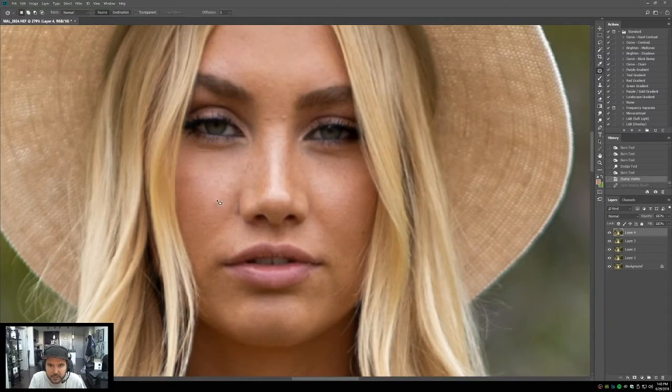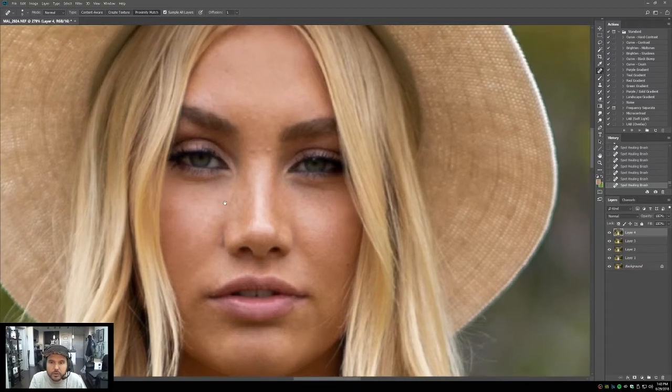Back to our patch tool. Spot healing brush. At this point now, we're going to zip around the photo. We want to keep as many of her little freckles as we can, but sometimes freckles look like zits, so we're going to err on the side of caution and zap them out. The smaller the brush stroke when using the spot healing brush, the more reliable your results will be. So sometimes you'll just see me tapping in an area using tiny, tiny little brush strokes